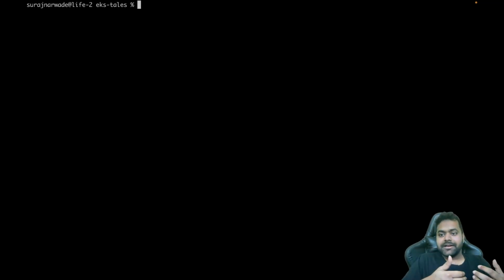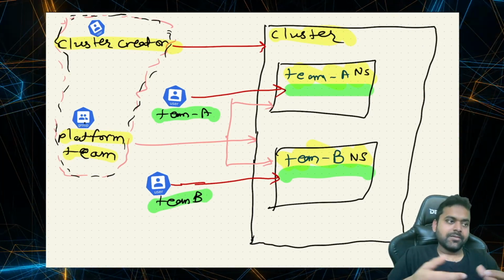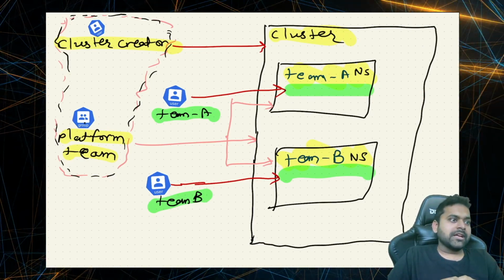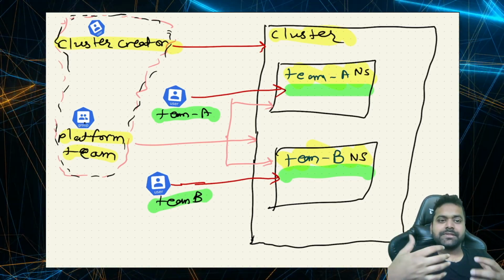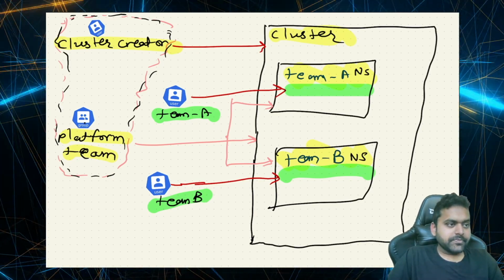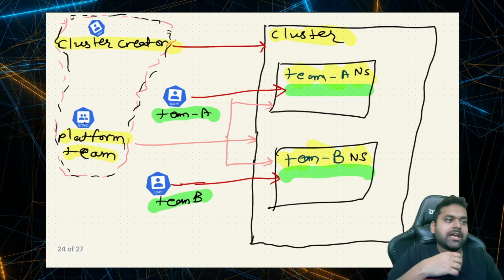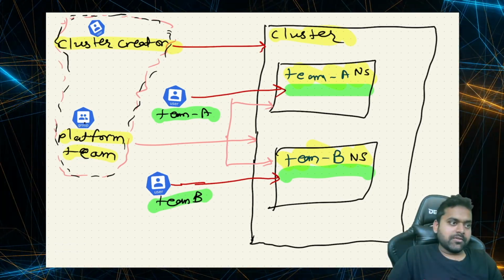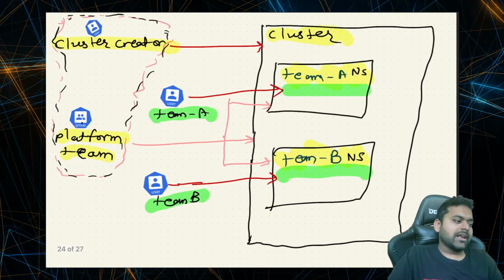There are other alternatives such as AWS Authenticator, which you can use, but I just went with the AWS CLI version. And one thing to note as well, you need the most recent version of AWS CLI, right? So yeah, as you can see, whatever we performed, we managed to do this particular diagram,